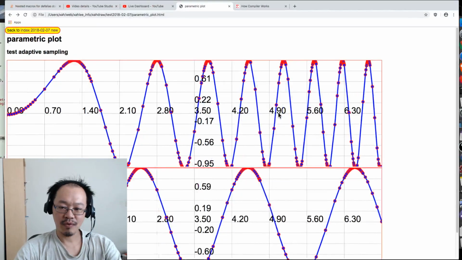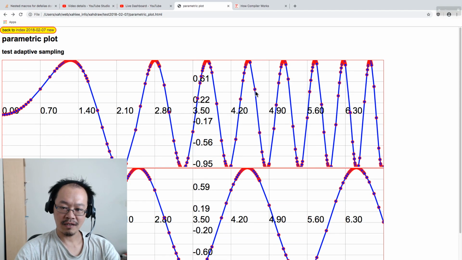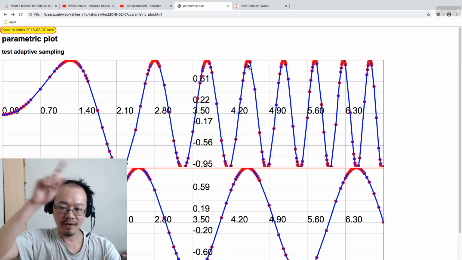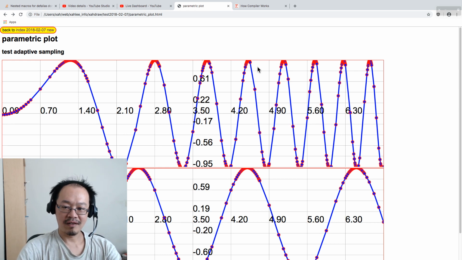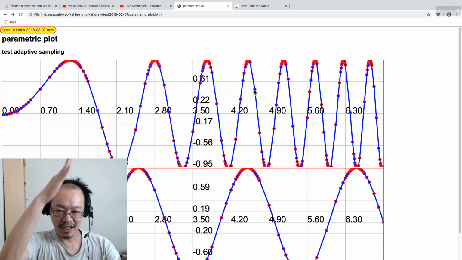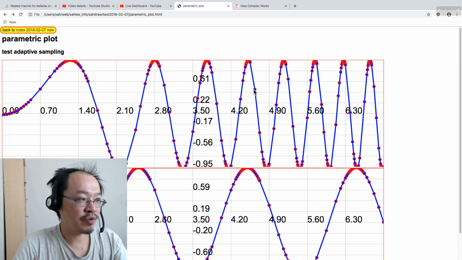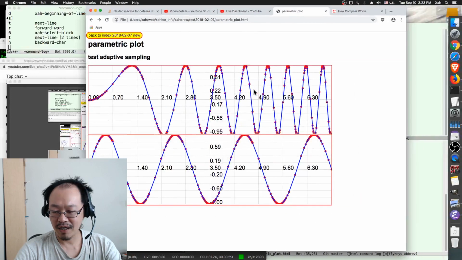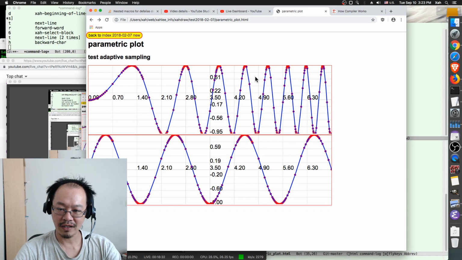You see, even for this one, this is not so smooth. You see here, you see this point, there's kind of a kink you can see. So if you remove all the red dots here, people will see kind of a kink. That's not what you want. And there are quite a lot of other issues. For example,